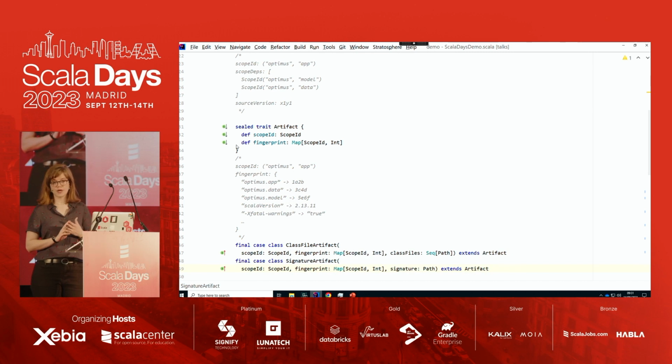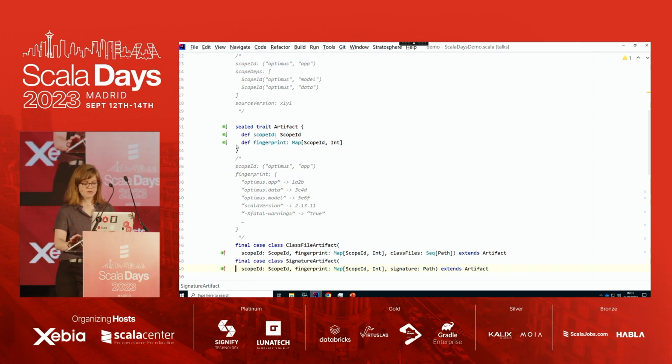So we're going to have two kinds. The class file artifact, what's special about this one is that it contains the list of all these paths to the class files that are outputted. And then our signature artifact's unique property is that it has a path to the signature file.